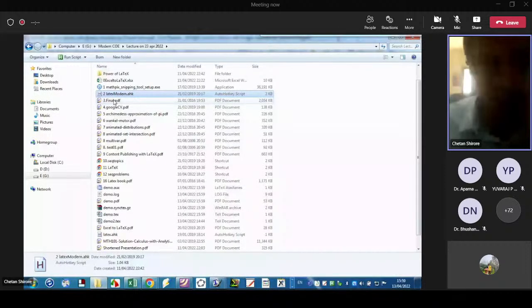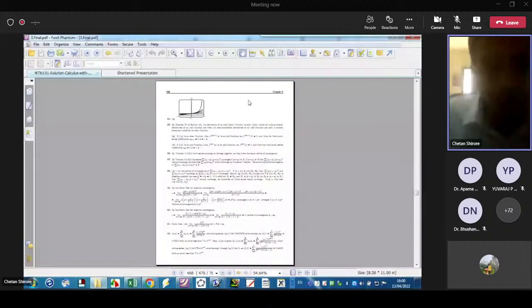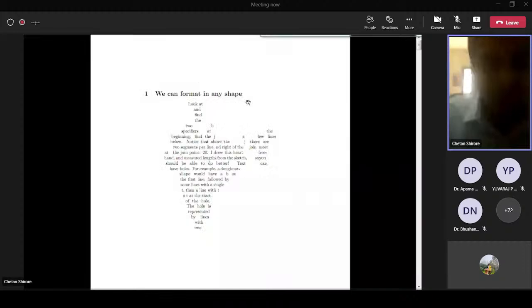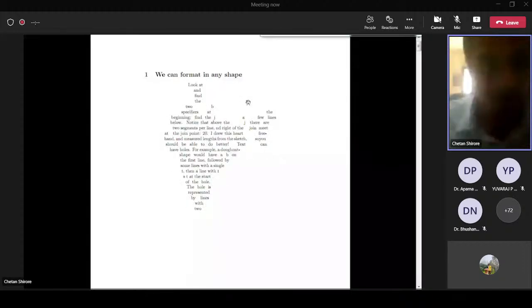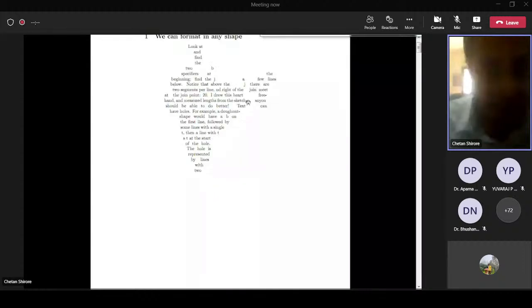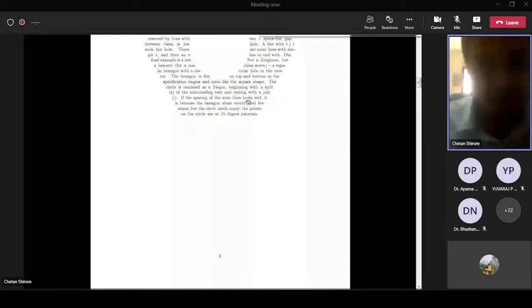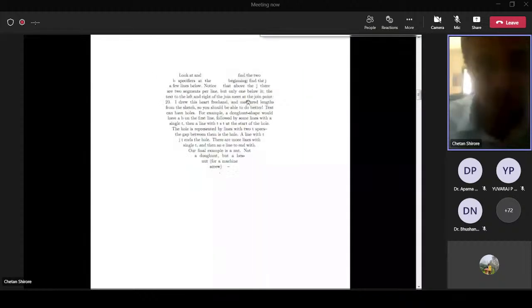I'll be very fast. So see what is possible with LaTeX. Basically, you can give me any figure and I can format the LaTeX code so that the text gets fitted in that shape. So here I've fitted it in the map. You can fit it in different shapes, diamond shape, whatever figure, hexagon or pentagon, heart shape,